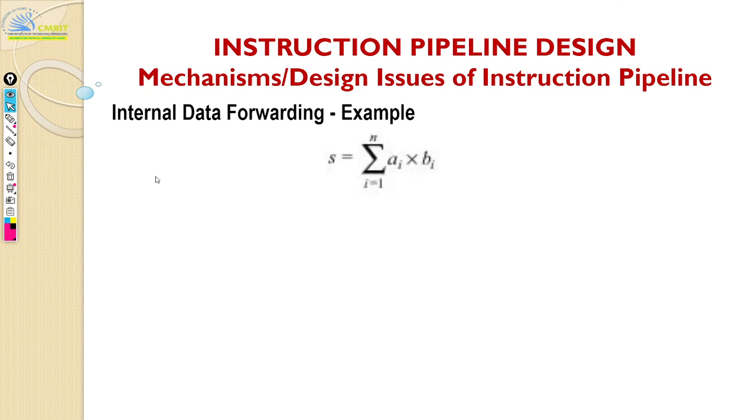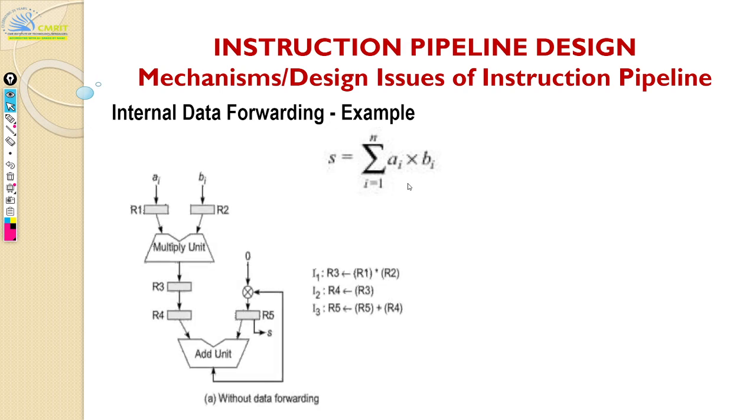So we look at one more example. Okay. So here we look at this particular example: summation of i equals 1 to n, a_i times b_i. Now, when you come up with an architecture, you always keep in mind that everything is modular design. You're not going to build everything from scratch. All the designers who are putting this processor together are going to use modular designs, right? So if you take this particular instance, your multiply unit, everything in the pipeline,